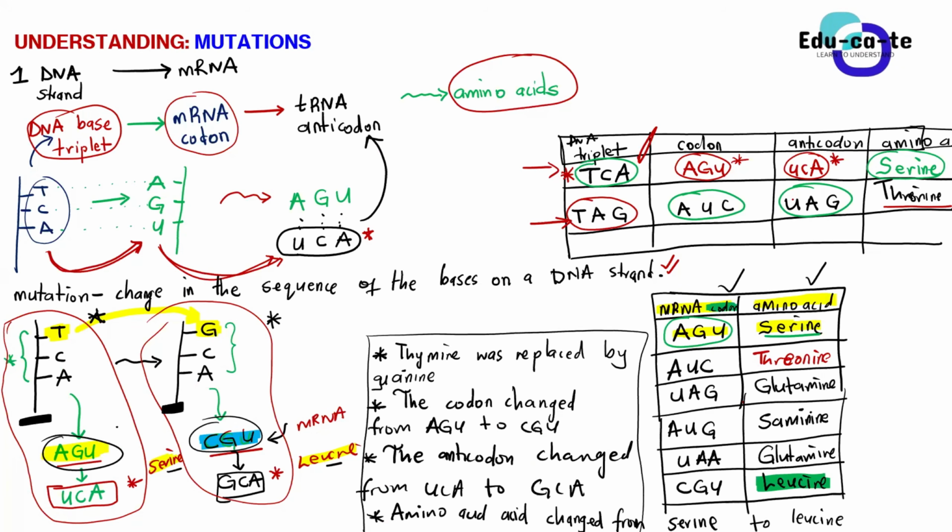So they can either give you a table that has a DNA-based triplet and an amino acid, or a codon and an amino acid, or an anticodon and an amino acid. So you must first look at your table. What code are you provided so that you can code for a particular amino acid? Are we together, guys?